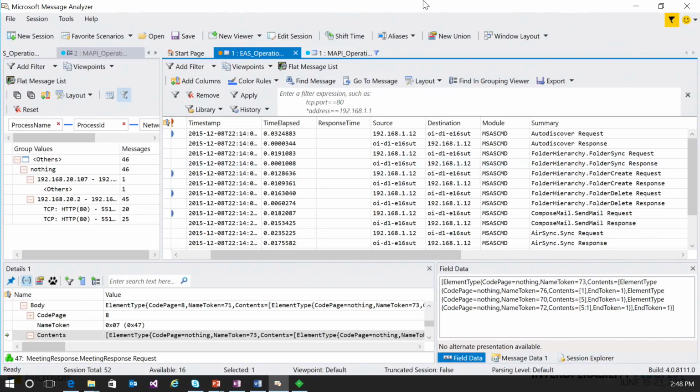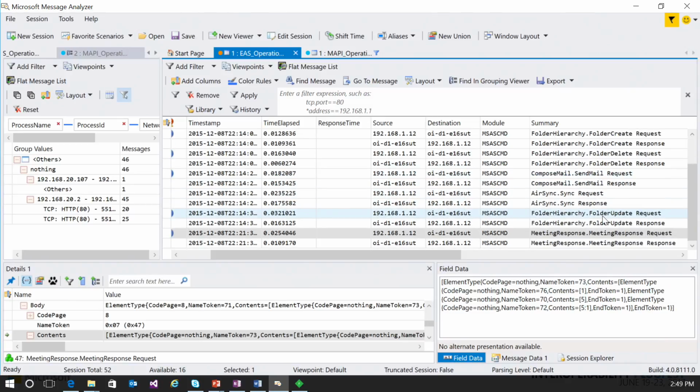In this UI, you can create a new session to do a new capture, and you can also load the capture file directly. In this module, you can find what protocol I'm looking for, and from the summary, you can find what the operation is. For example, in this capture file, I just did some simple folder create and send mail